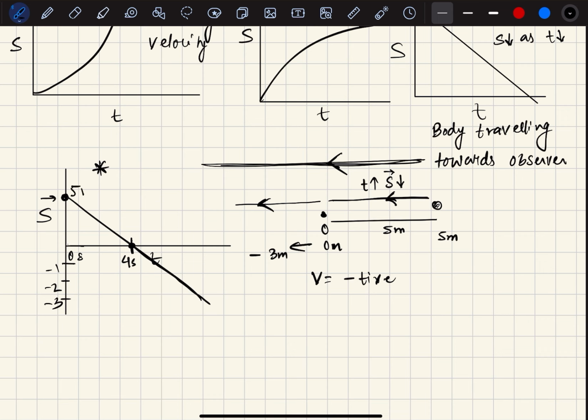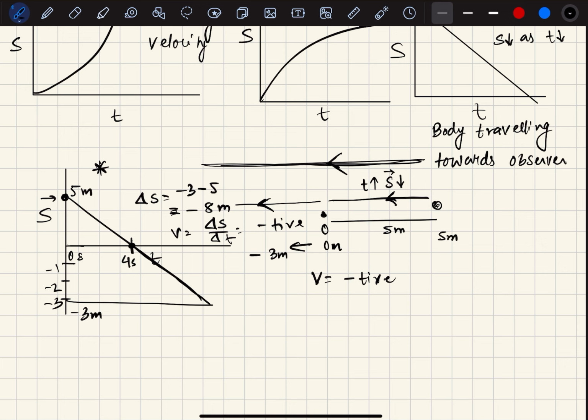So the displacement has always decreased. The del S is basically minus 3 minus 5, that is minus 8 meter. And velocity is del S by del T, that will be negative, because time is never negative, time will be positive. Okay, clear